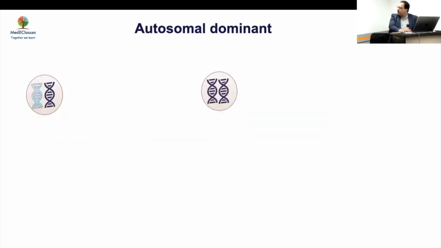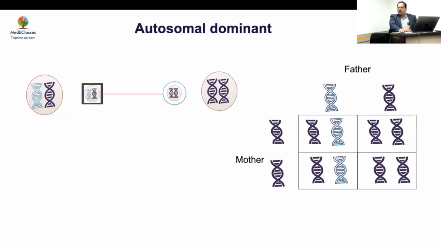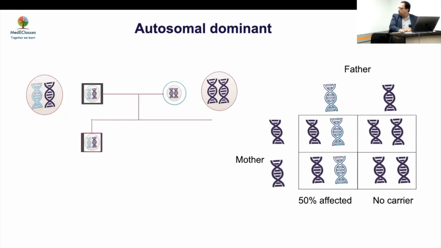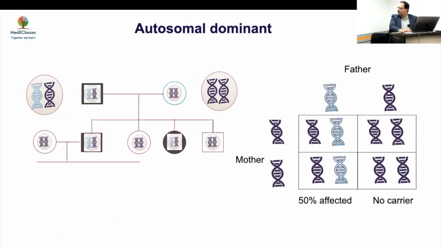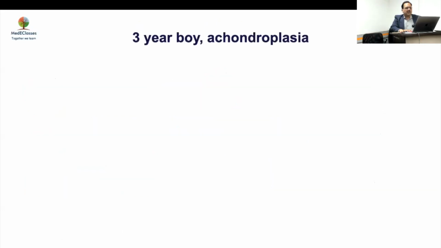So now we'll start quickly with autosomal dominant. So basically autosomal dominant means that 50% of people will be diseased, and how many will be carriers, Dilip? No carrier. This is a classical Mendelian. So what you see here is that 50% will be affected and every generation is affected. Basically, there is no preference from father or mother. Whoever has it, they will give to the children. All generations affected, 50% chance of inheritance.